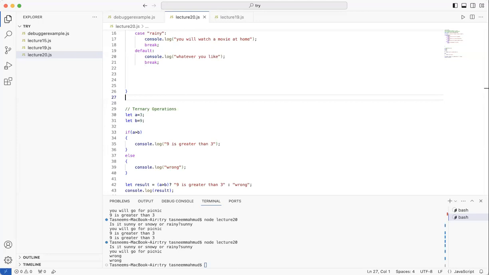I don't really know when to use them. The thing is, if you're confused about when to use which, don't worry too much about that. We will be solving bigger problems in the coming classes. And as we do that, it's going to be much clearer for you guys on when to use which.